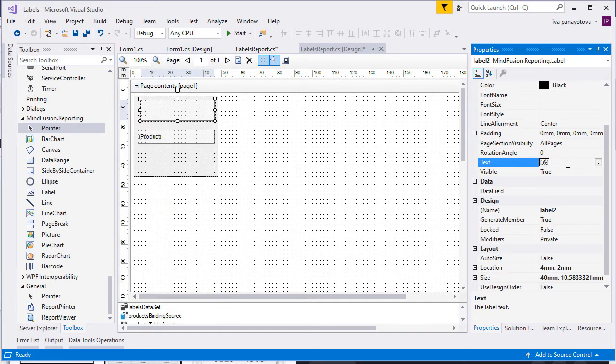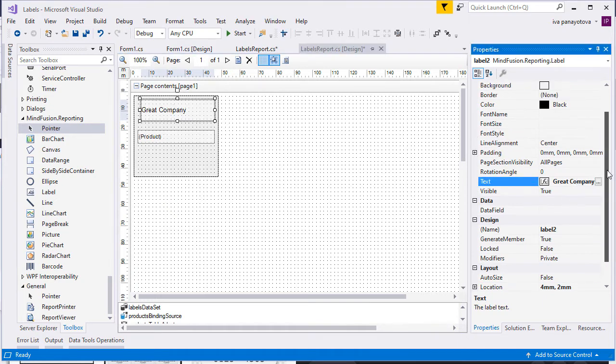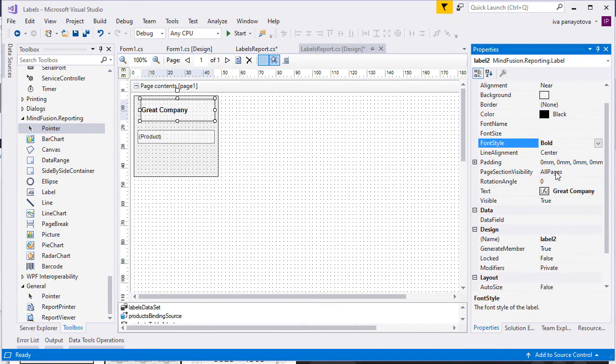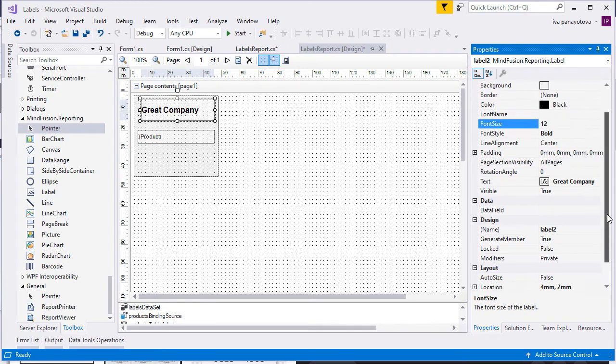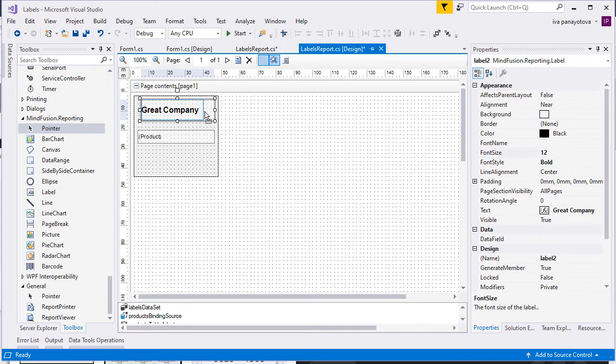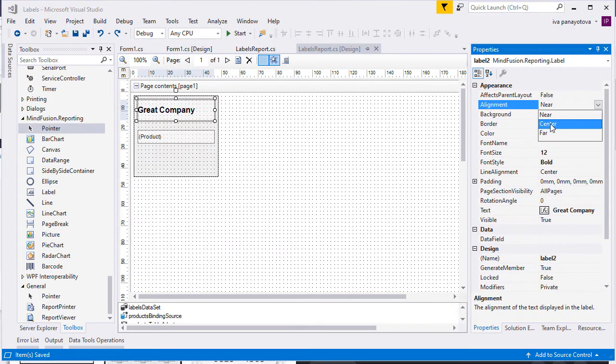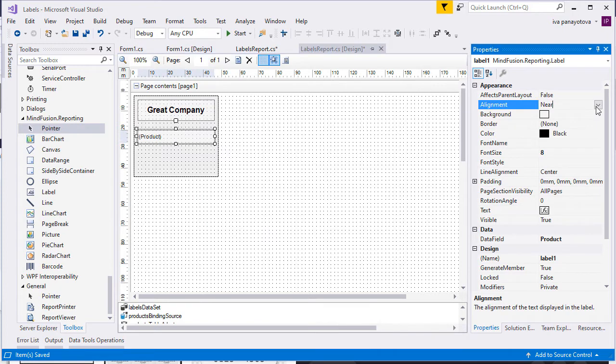We will make its font bigger and bold. Let's make the text for both labels to be aligned in the center.